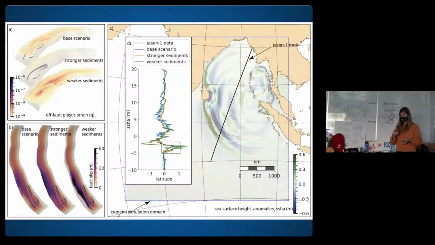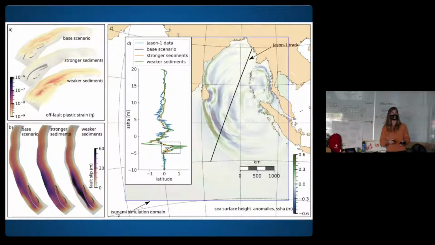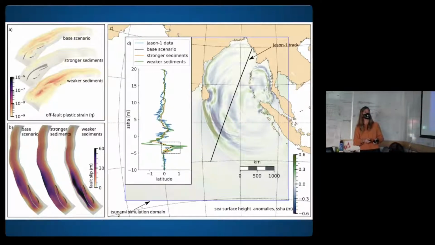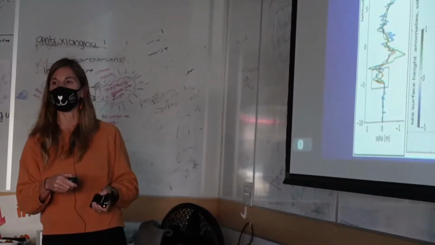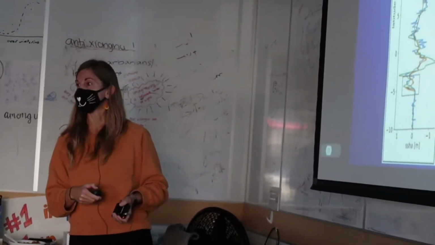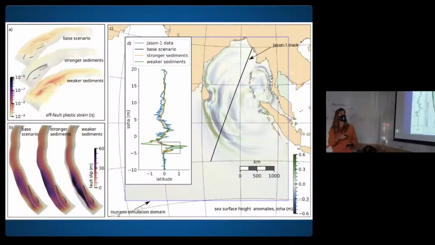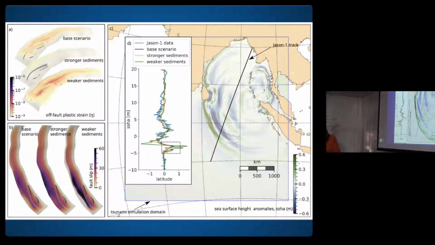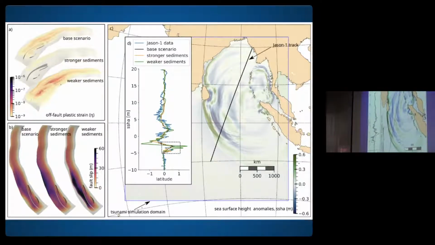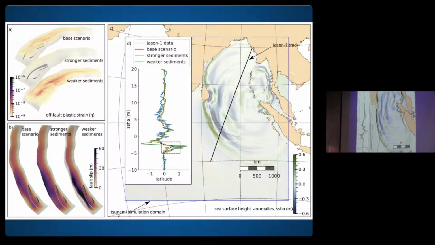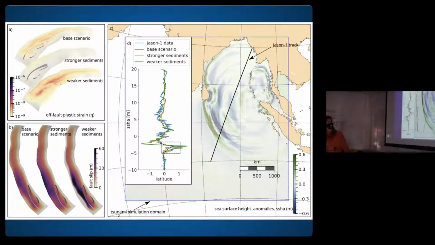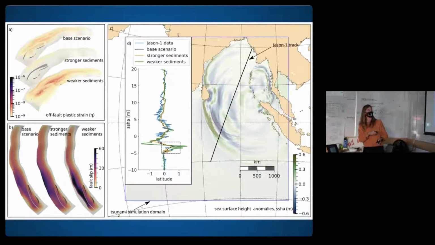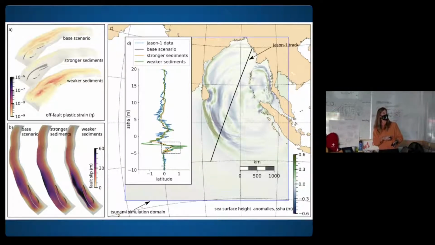Let's look at the tsunami results. These are a little hard to see. I know. But this is a model result. Luckily, there are three islands here with little buoys that showed tsunami waves. Luckily, the Jason satellite passed over this region while these waves were passing. So we do have this one line where we can get measurements of the sea surface height. So that's what's here. This is a trough of 1 meter, an uplift of 1 meter of